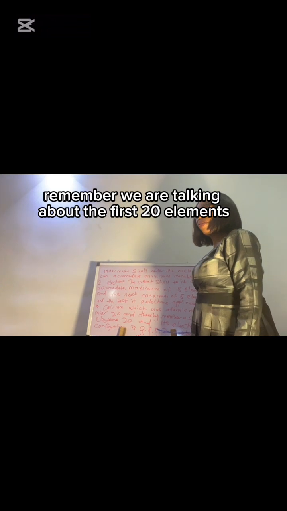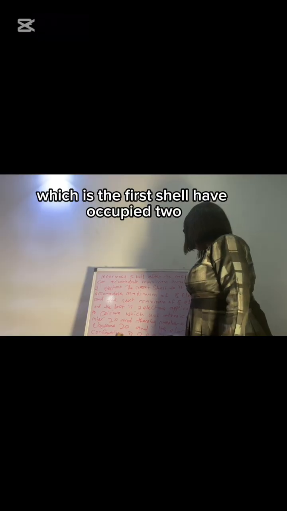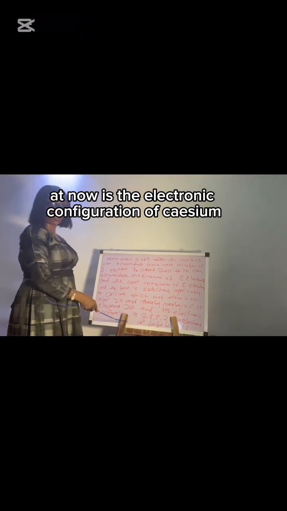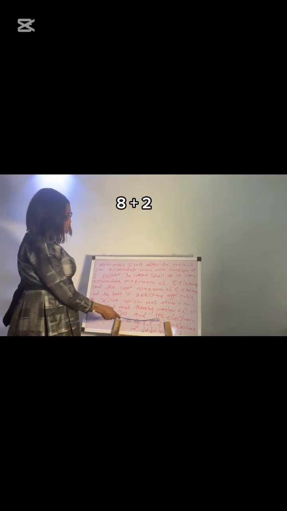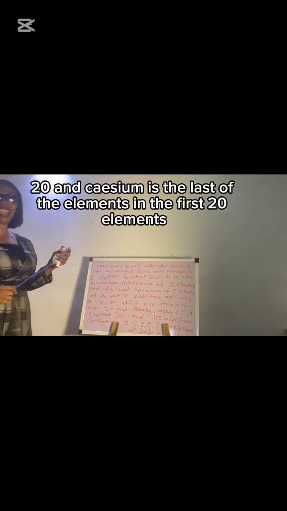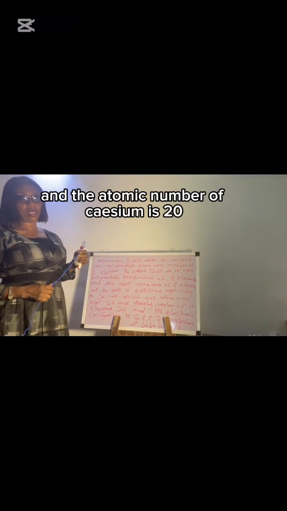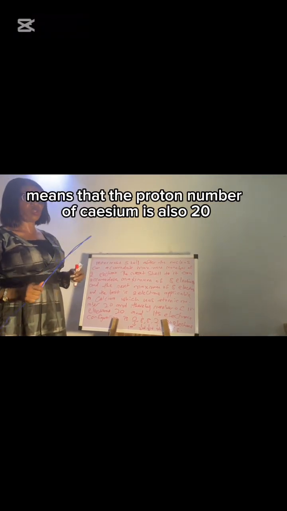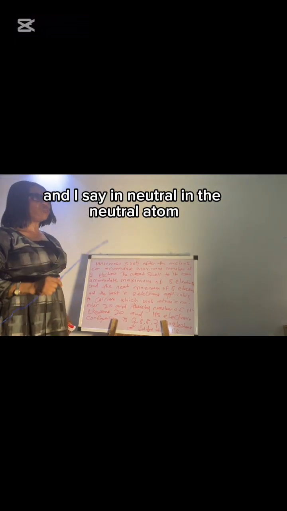Remember, we are talking about the first 20 elements, and the shell that now follows, which is the fourth shell, can occupy 2. Now, what we are looking at is the electronic configuration of calcium, because we say 2 plus 8, that's 10, 10 plus 8, 18, 18 plus 2, 20, and calcium is the last of the first 20 elements. The atomic number of calcium is 20, meaning that the proton number of calcium is also 20. And I say in a neutral atom,